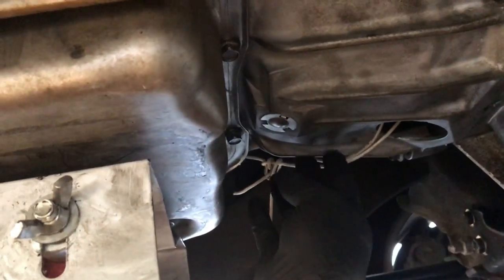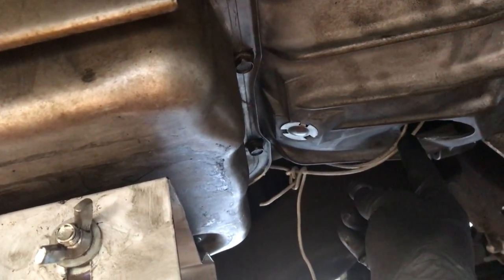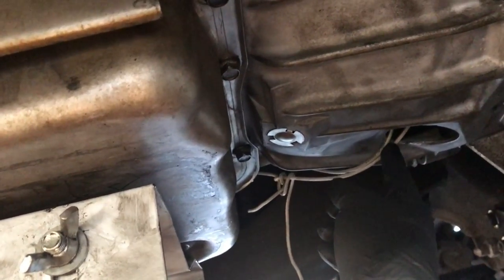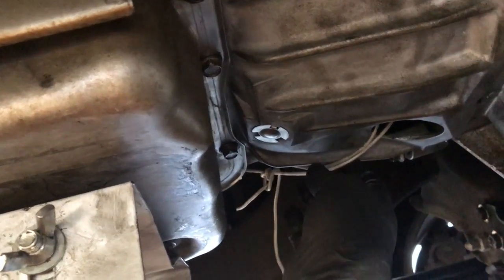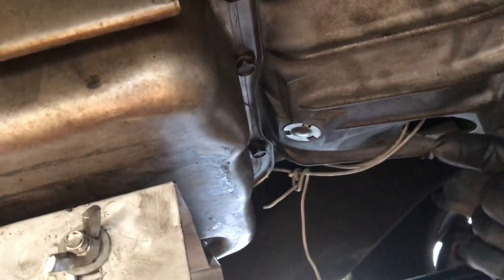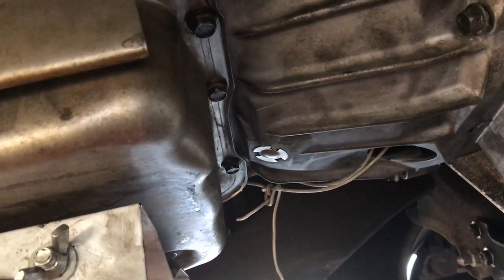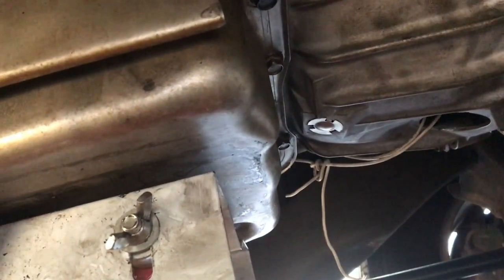Once it is fully in, what I like to do is loop this through one of the bolt holes in the converter, and then tie it over to the side of the case on the transmission. This just holds the converter in to make sure it doesn't slip out while you're trying to lift the transmission and deal with all that. The last thing you want is for it to slip out,